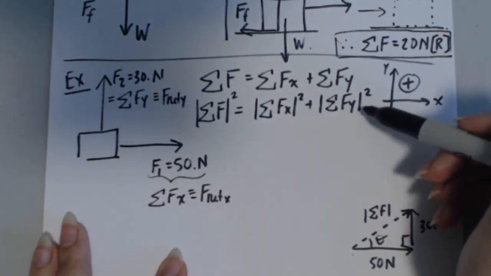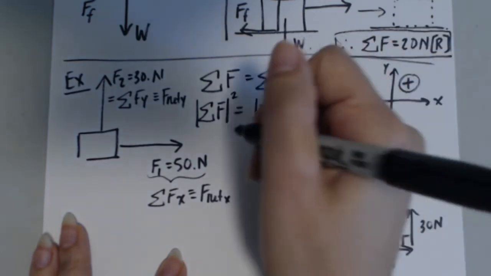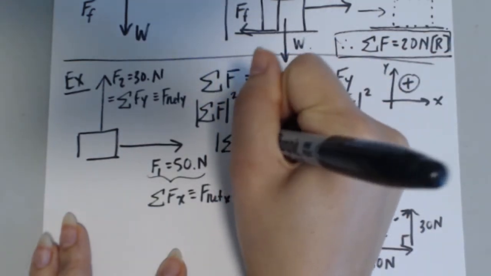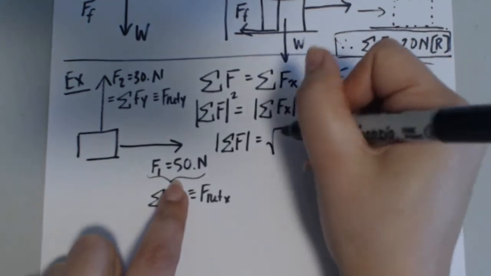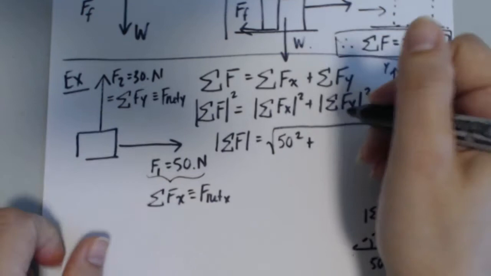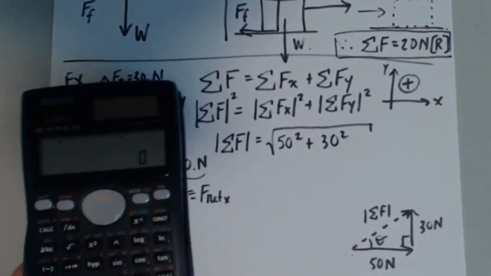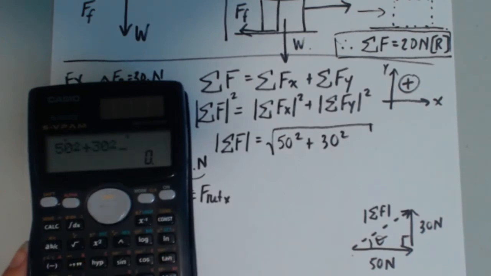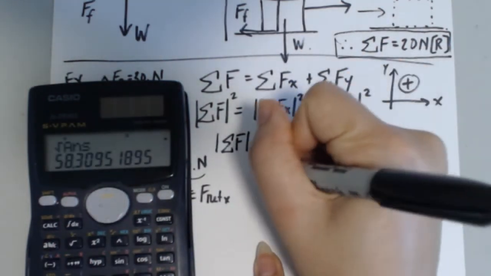The reason I write it like this is so that it looks different from this line. This way I know that I'm dealing with magnitudes. Therefore the sum of the forces is equal to the square root of the sum of the forces in the x, which is 50 newtons squared, plus the sum of the forces in the y, 30 newtons squared. So 50 squared plus 30 squared, and square root that, we have 58.3